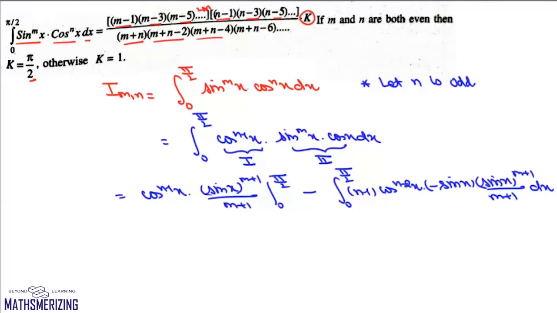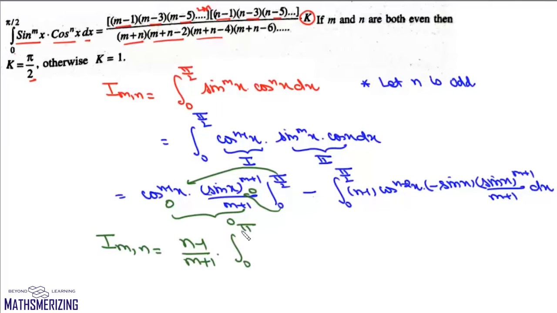Now if we look at the limits, if we put x as pi by 2, this value will be 0, and if we put x as 0, sin x will be 0. So this first expression will be 0 till n minus 1 is greater than or equal to 1. So we can write this Imn as, minus and minus will be plus, we'll take n minus 1 upon m plus 1 common, and here will be from 0 to pi by 2